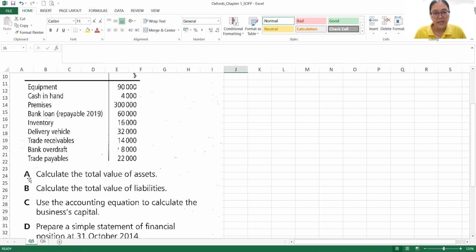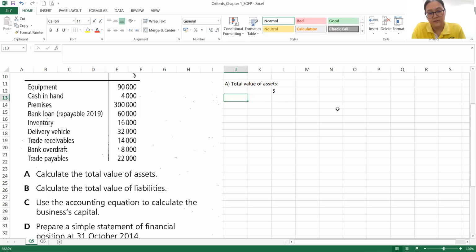First question, they say, A, calculate the total value of asset. First of all, we have to define 哪一个是 asset, 哪一个是 liability. So, for the A, the total value of asset, in account we usually use the listing format to present our answer. First, you have